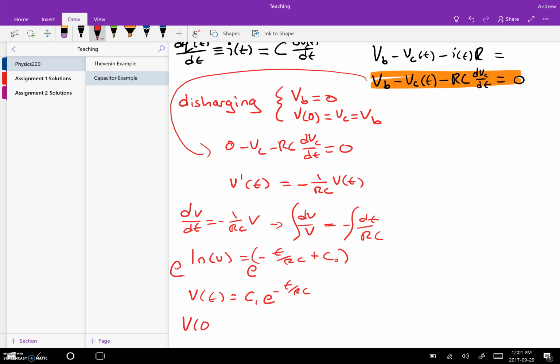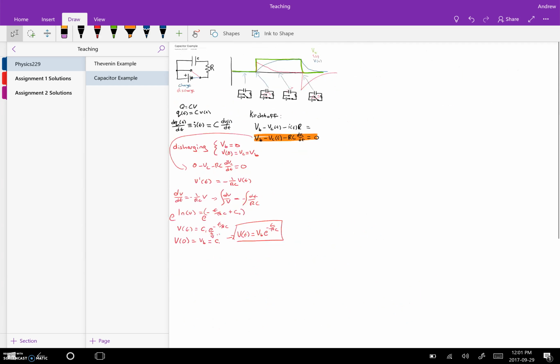So finally, V of 0 is equal to, what did we say it was? V battery. And that's equal to, from this equation, that goes to 0, e to the 0, sorry. That's right, that's equal to 1 here. C1. So we can write our general solution, V of T, is equal to battery voltage e to the minus T over RC. Great. So that's good. When we discharge our capacitor, we see we have an exponential decay,